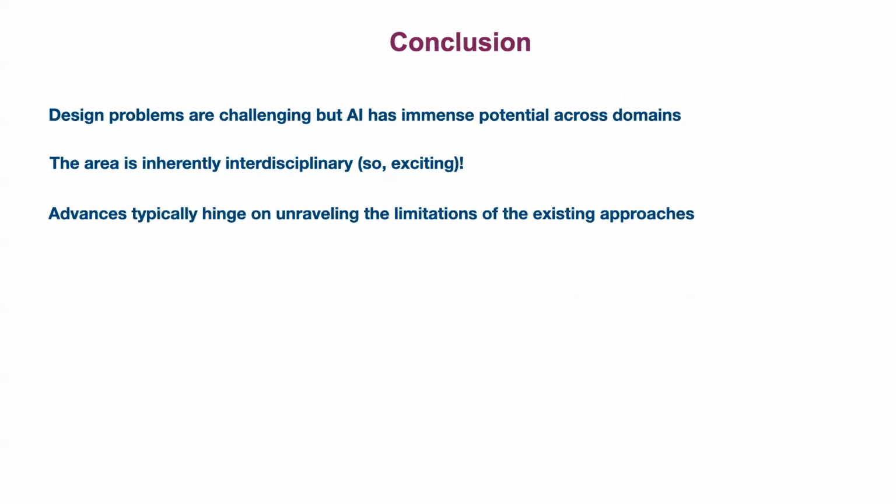So to conclude, such design problems are challenging, but clearly AI has a great role to play across domains. It opens up several opportunities. The area is inherently interdisciplinary, from ODEs to temporal graph networks to group theory, everything seems to come together in this space. And in fact, any advances typically require you to make some innovations in terms of either the representation or the dynamics